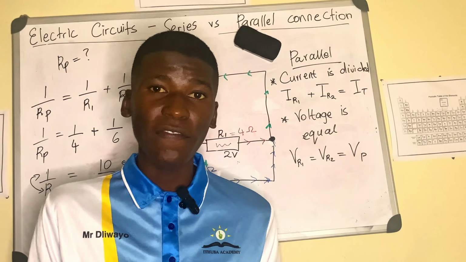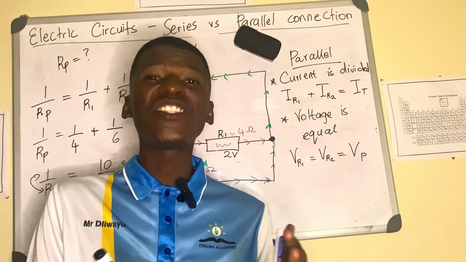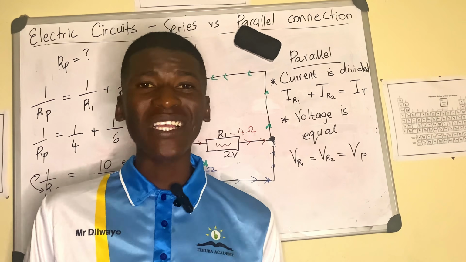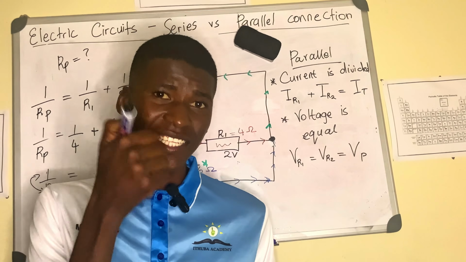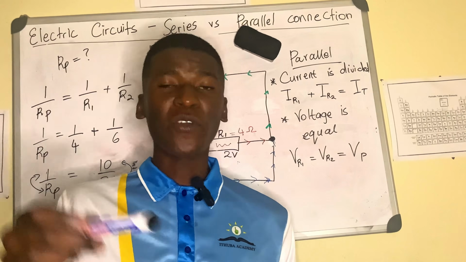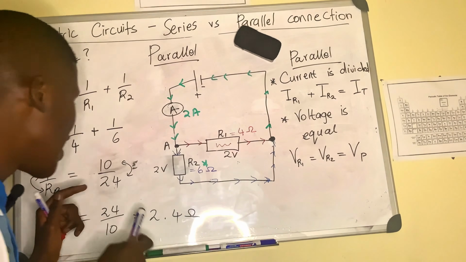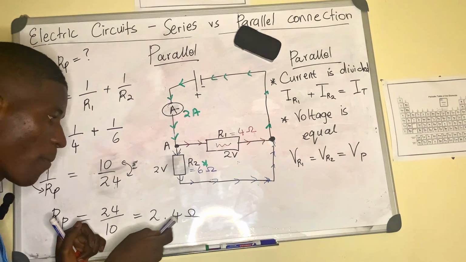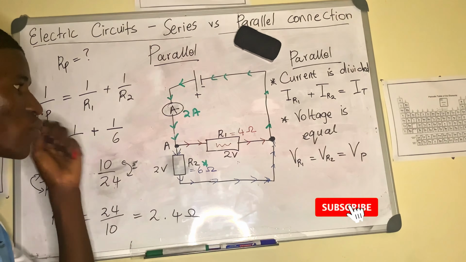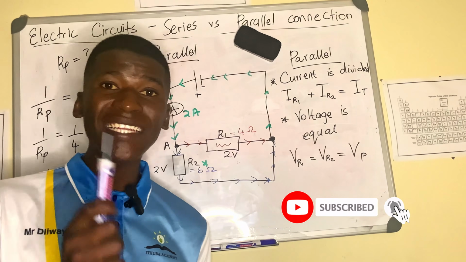Grade 10, 11, and 12, do not omit units. You will get it wrong. If I am to mark your script when I grade 12 in the marking center, I'm going to give you a crucial wrong because you forgot the unit. It is 2,4 ohms. So this is when you are calculating the effective resistance.